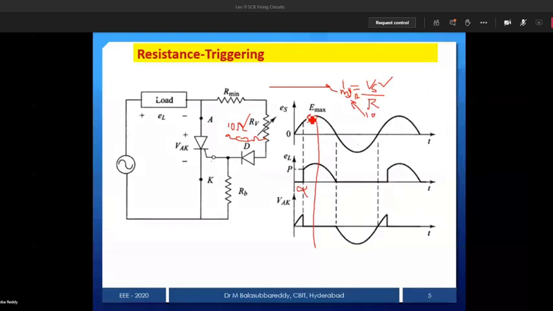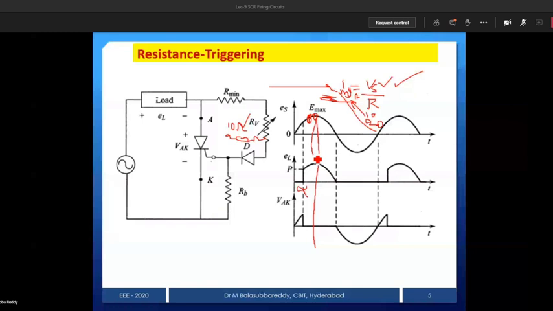Now later, if R changes to 20 ohms, but Ig minimum is still fixed at 2 milliampere, you just multiply this, and automatically the required voltage is going to change. So the required voltage, instead of here, you may get somewhere here. Then at that instant the device is going to be triggered like that. It is very simple logic.